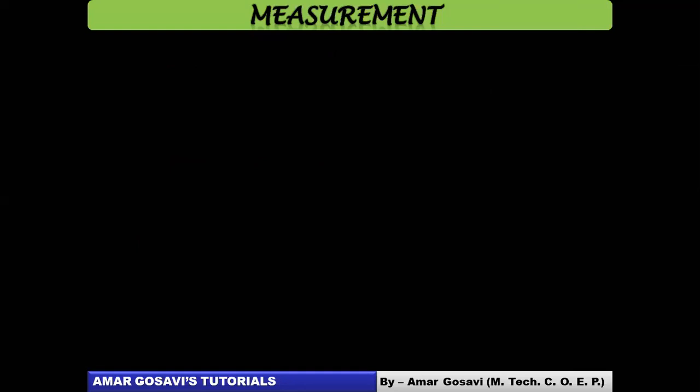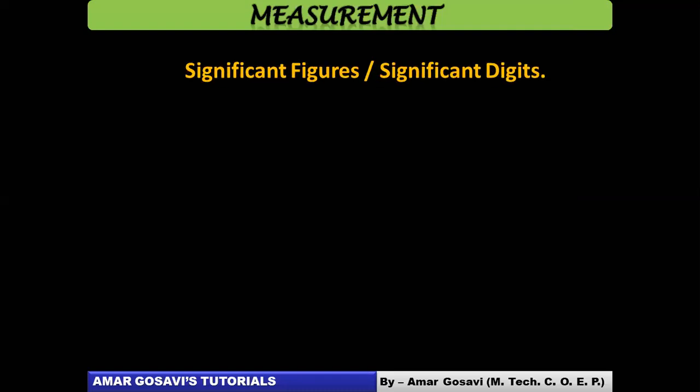Let's understand. Just like order of quantity, there is a concept called significant figures, or we also call it significant digits. Now, in a given number, whatever measurements you make, they ask certain questions: how many figures or how many digits are significant? So first of all, let's understand what we mean by significant digits. Significant digits are the numbers which are significant in a given calculation or estimated quantity.